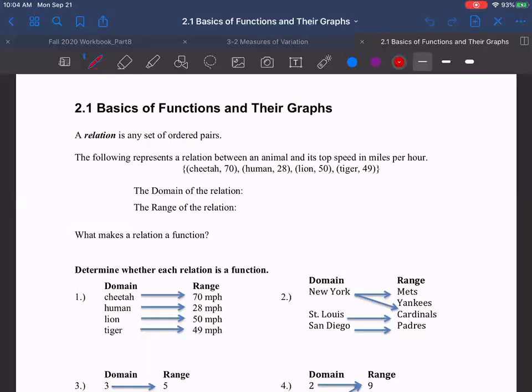All right, so what we're covering here, functions and what their graphs will look like. So that's what we're getting started on here. A function is a relation, basically, and a relation is any set of ordered pairs. And we've been talking about ordered pairs where you have an input, essentially, and then an output. And so the following represents a relation between